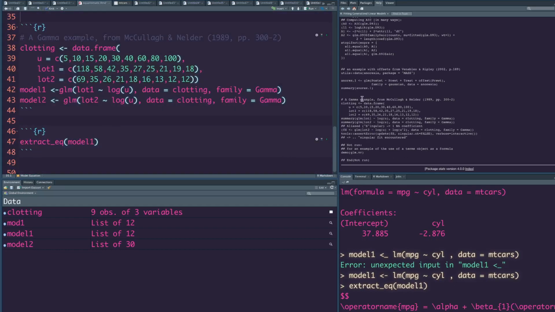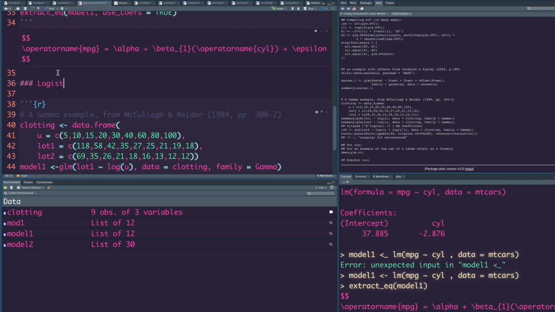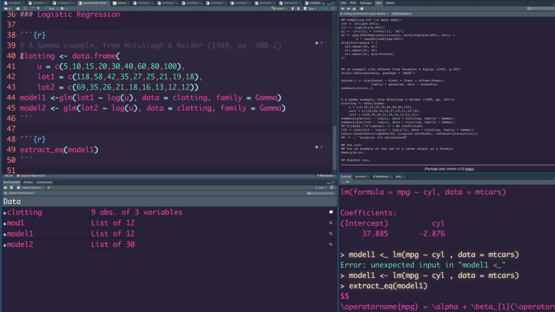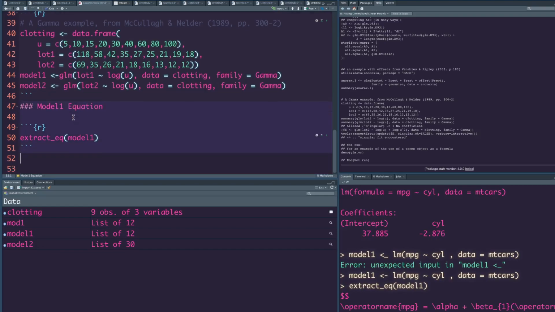So if you run GLM, you would see this here. Just call it logistic regression and save it. We have a data set, and for the logistic regression we are using this clotting data set, and then we are building two models. Then we are extracting model 1. So let's say model 1 equation, and we'll say model 2 equation.